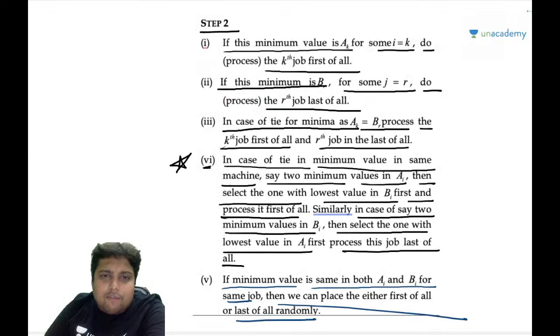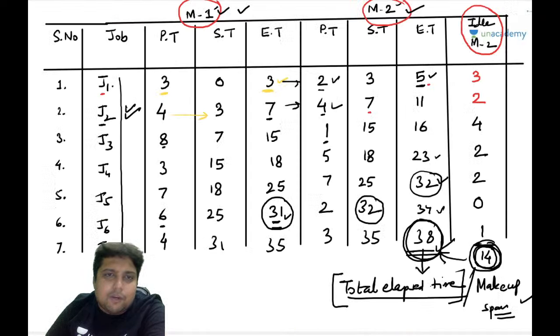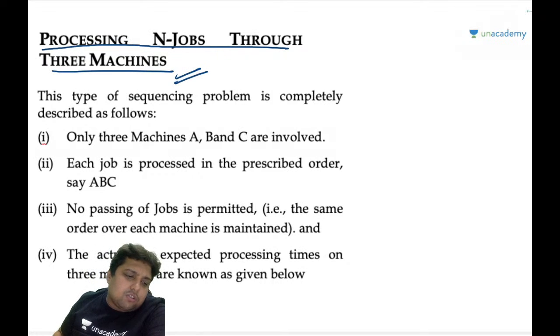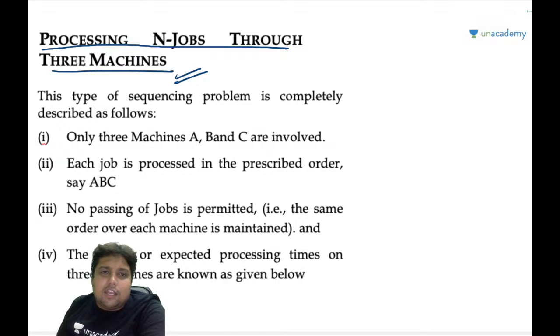I have told you everything there is on this particular topic, and in tomorrow's class we will start processing n jobs through 3 machines. Tomorrow is going to be the last class of sequencing model. And from Monday onwards